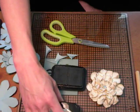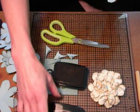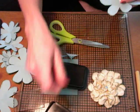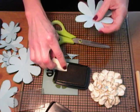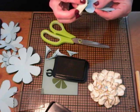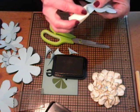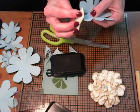So we're going to use a lot of water on this in a second. So I'm going to edge it, but I'm going to use StazOn Timber Brown. You can see that Timber Brown. If we use the Distress ink, they'll just wash off. So we're just going to edge. Doesn't have to be perfect. None of my stuff is perfect ever. We're going to edge all these,